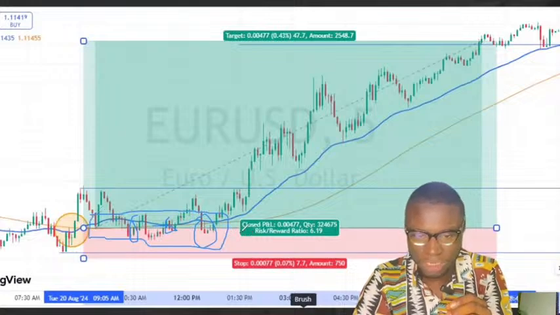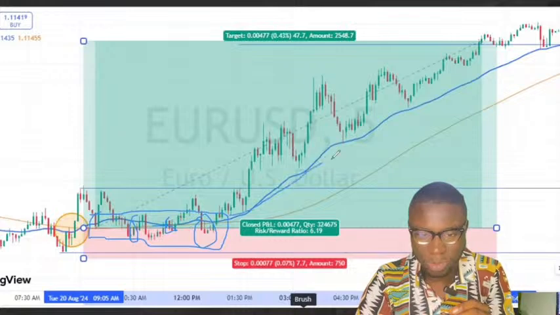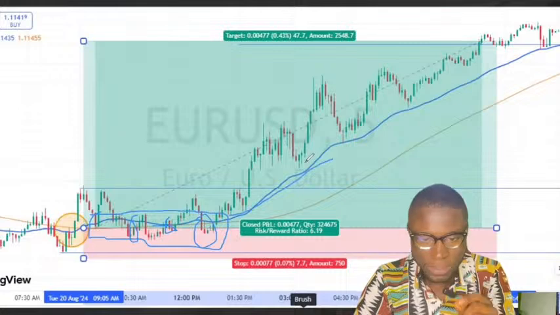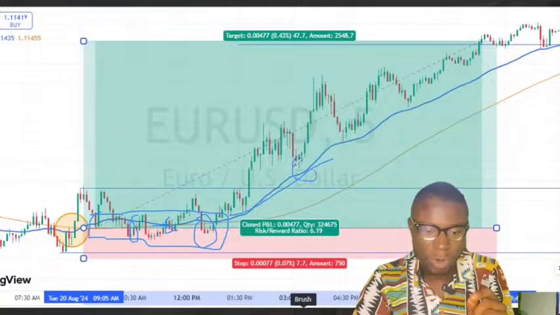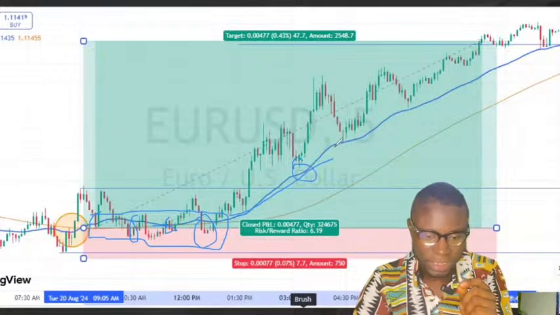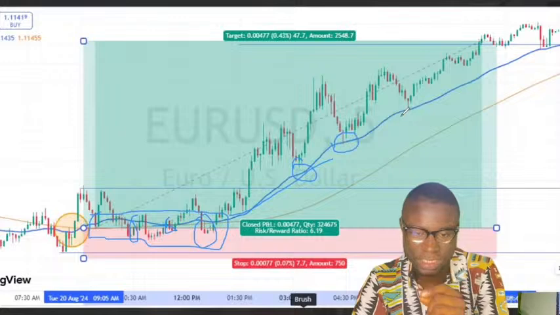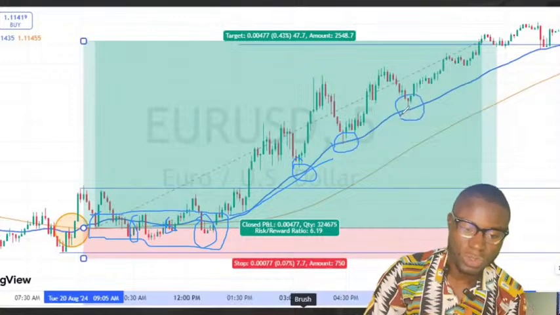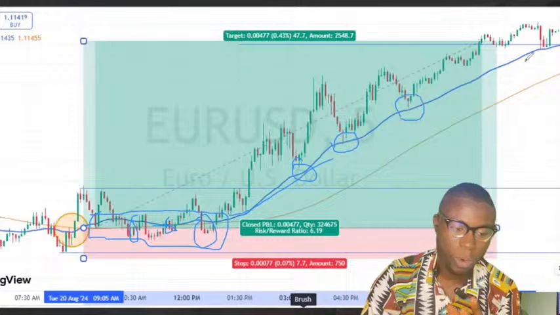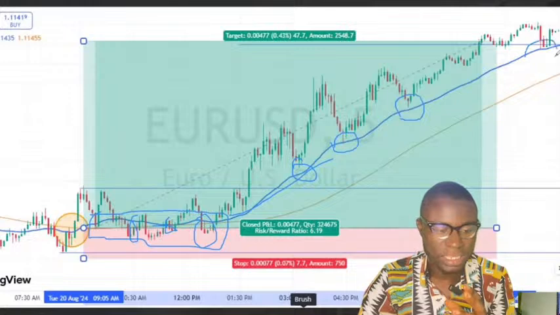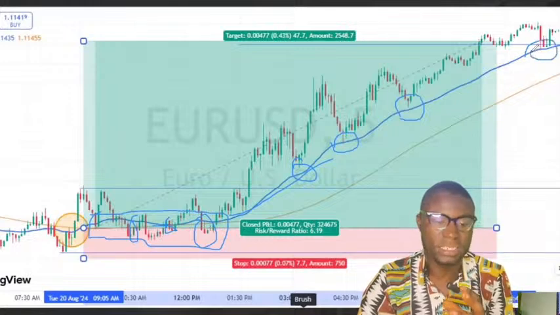An extent. So you can see after that, price began to move. You can see here it respected the moving average. Here it also respected the moving average. And at this point, it also respected the moving average. Same thing here. So the blue moving average